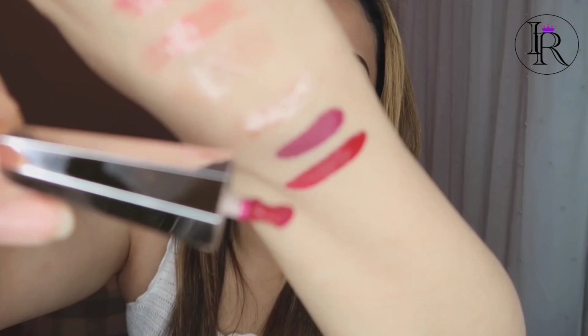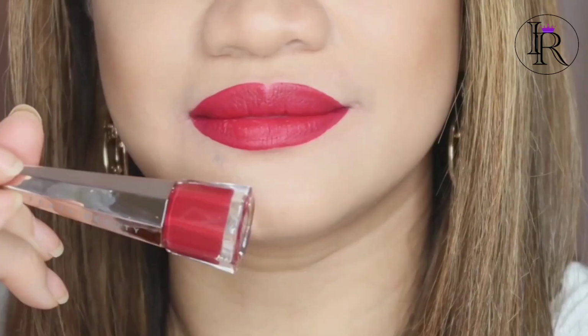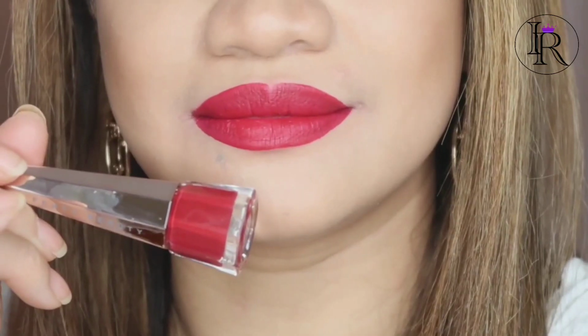Next one, guys, this is a red color, and I think I'm gonna like this type of red. So that's the red on her lipstick. It's feeling really good. Like, I don't even feel like I have this dark lipstick on my lips. It's so light. So I have removed the red lipstick because I gotta try